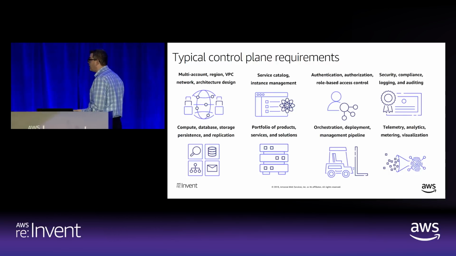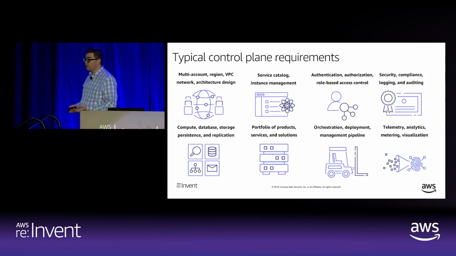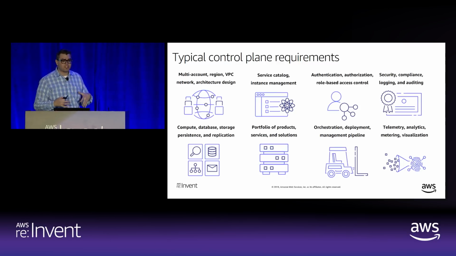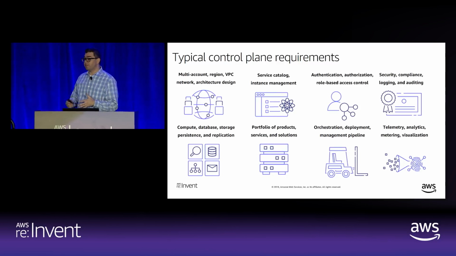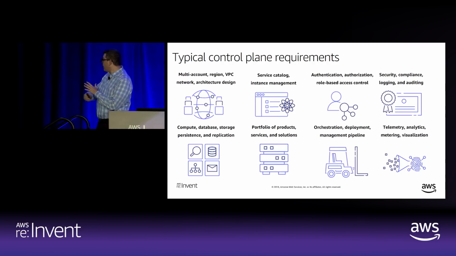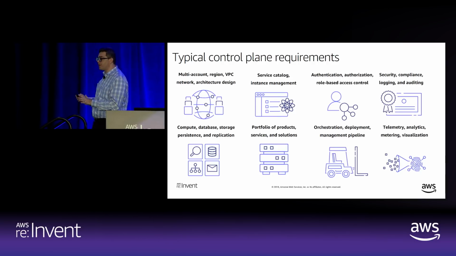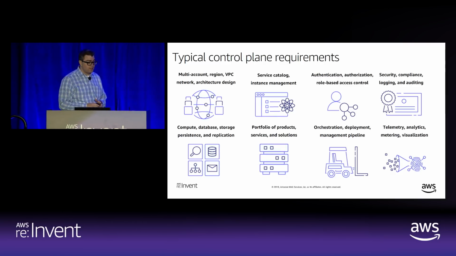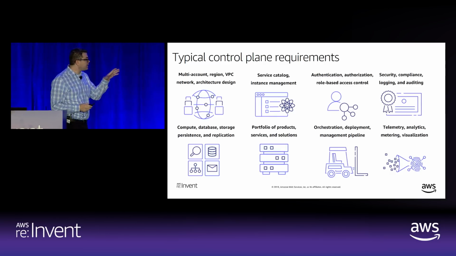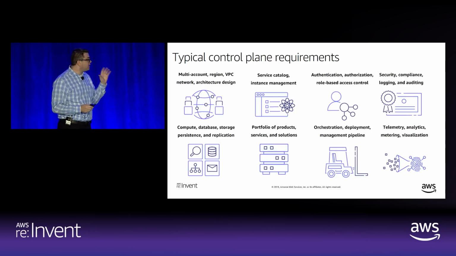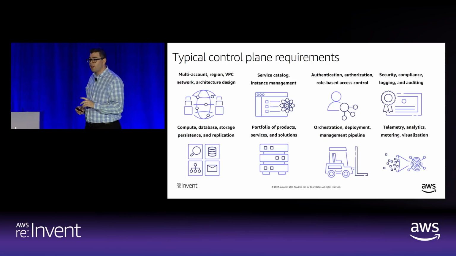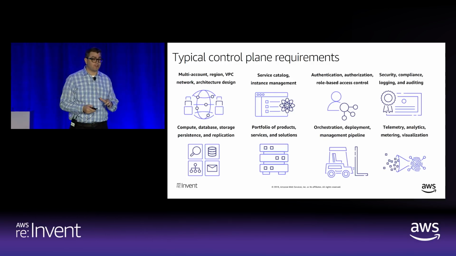Ultimately, they'll need to authenticate and authorize. They'll need to be secure and compliant. The database and storage persistence options that you need to configure on your backend to maintain and distribute this workload can be complex and varied. So there's a large number of approaches here across a wide array of requirements, and it's obviously impossible to cover them all today. But I want you to take a look at each of these because these are going to be some of the core ideas that you need to remember when building a solution and building that control plane to deliver for your customer.